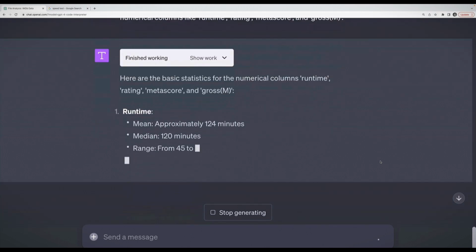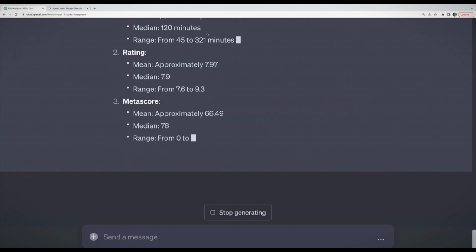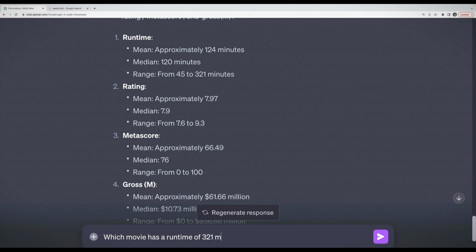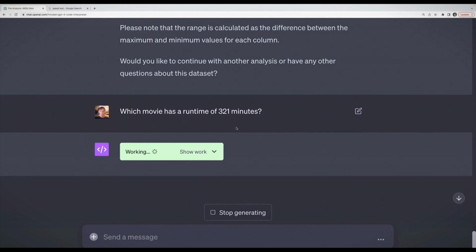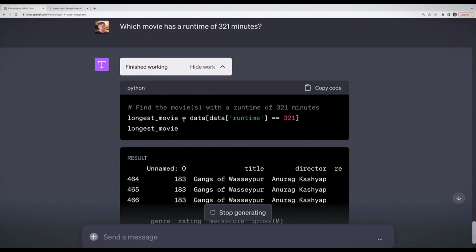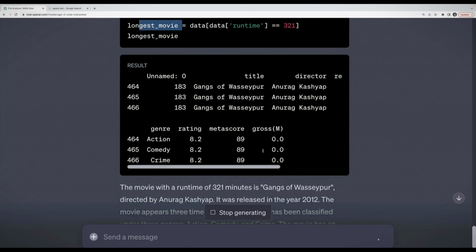Okay, so it's giving me, for runtime, the mean is about 2 hours. The median is 120 minutes, so exactly 2 hours. And the range goes from 45 minutes to, wow, 321 minutes. And I could even just ask a simple question like, which movie has a runtime of 321 minutes? I'm curious. And you can see, of course, underlying code. It's smart. It's even naming this variable longest movie. And it's a movie called Gangs of Wasseypur,